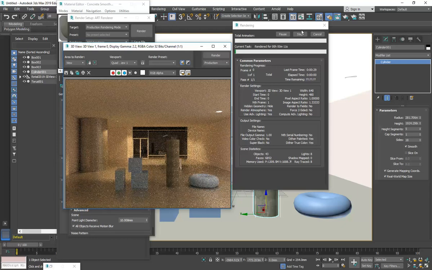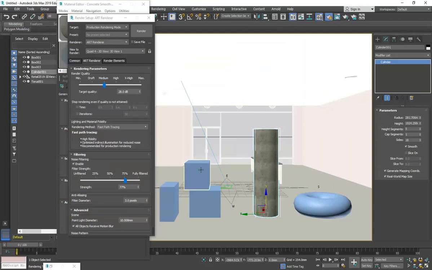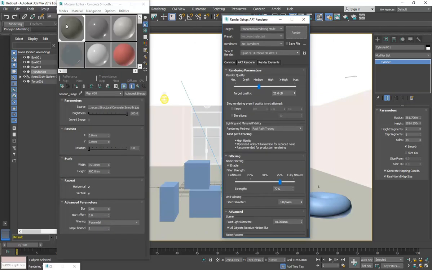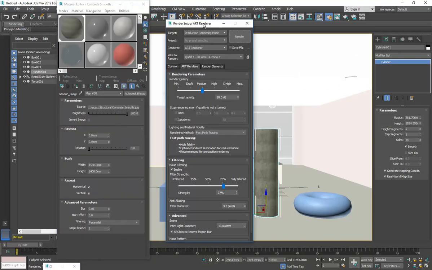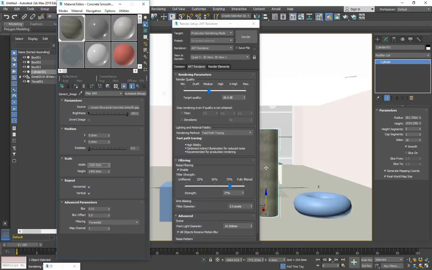Okay, so that's obviously rendering with that texture, so I'll stop that. Okay, so just like Revit, you can control how that map, or the size of that map. So you can see it's 550. That's, I think, too small, so I'm going to make it 1550. And then this one, I'll just do my usual add a 1 to the front, and that's going to be much larger. So I'll just click to the side, and so